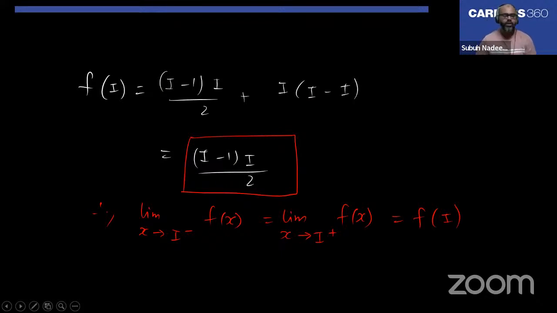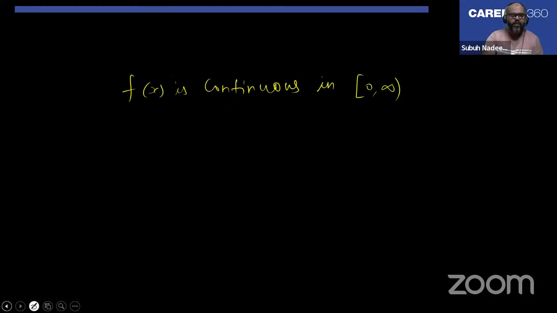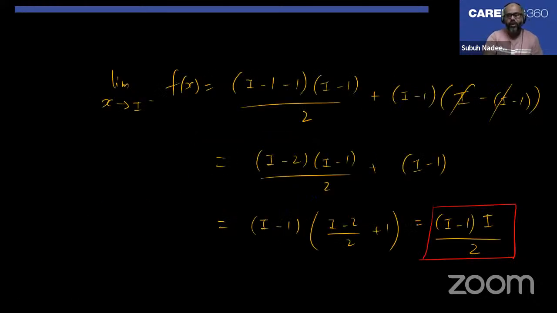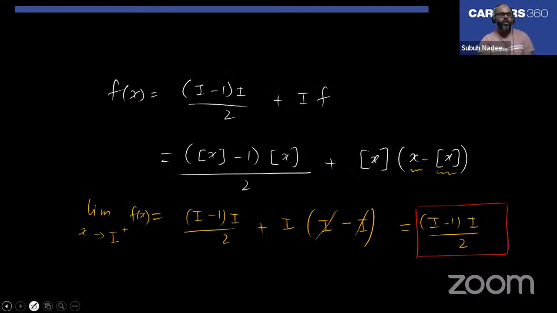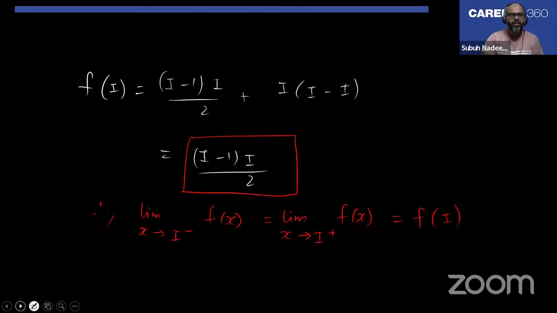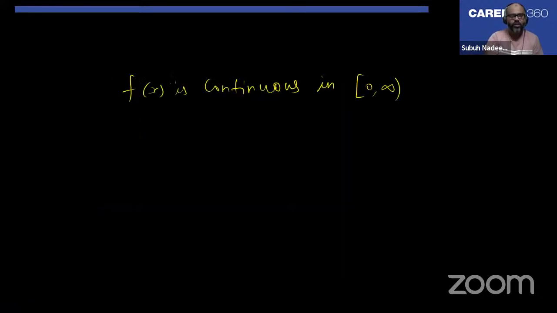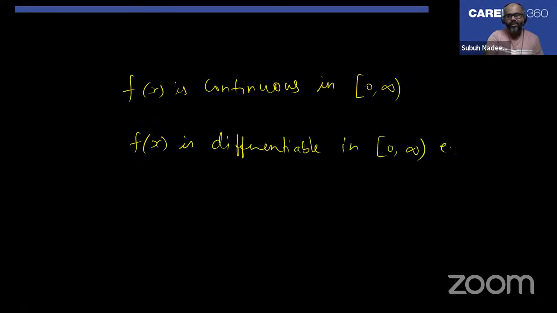Otherwise, it is continuous for non-integral points. And it will not be differentiable at integral points, because here greatest integer of x is involved, and greatest integer of x will not give you differentiability at the integer points. So f(x) is differentiable in (0, infinity) except